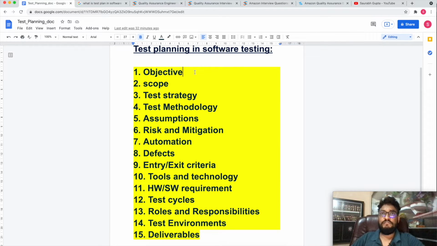Tenth point is tools and technology. What kind of tools and tech will you be using while carrying out this testing? As I stated earlier, if it's a Windows based application, what kind of tools is needed, for example for automation? If it's a web based application, Selenium, or if it is Angular, then Protractor or Cypress. You can also mention whether we are skilled enough in the team or we need training for that particular tool to be used as a testing tool.